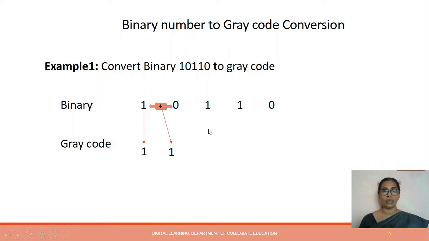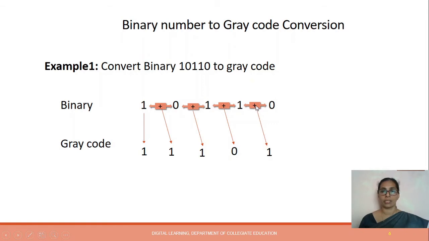The same procedure will be followed for the next bits in the gray code. So this second bit and third bit will be added to get the third bit in gray code. Same case with the next bit also. Here 1 plus 1 is 10, so we are discarding the carry. Only the sum, which is 0, will be written here.